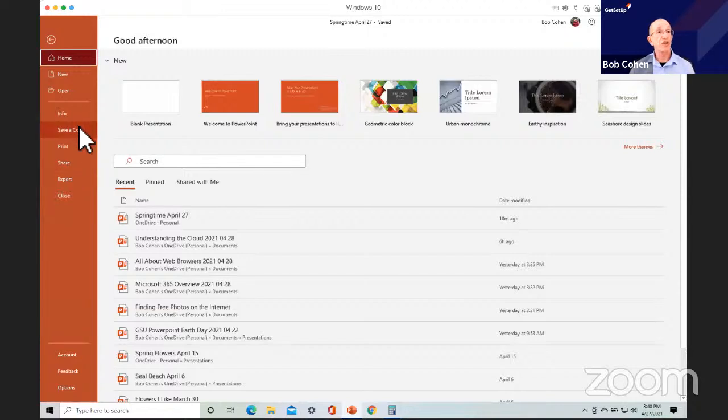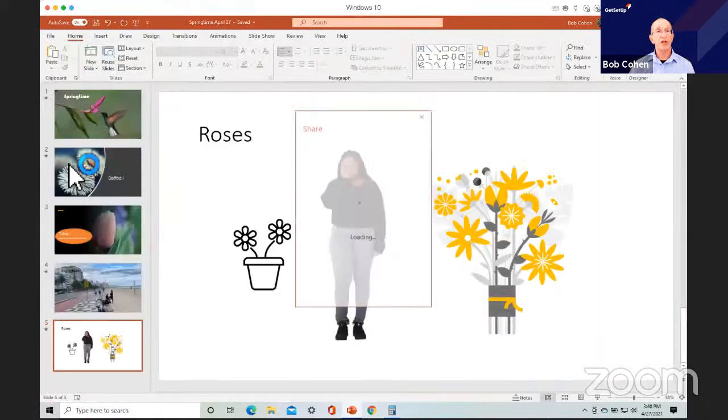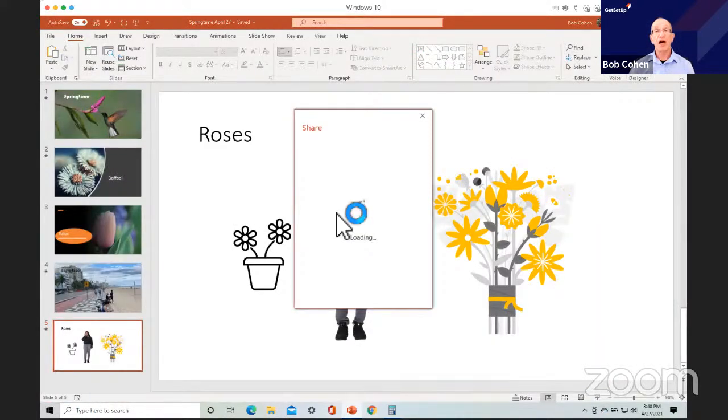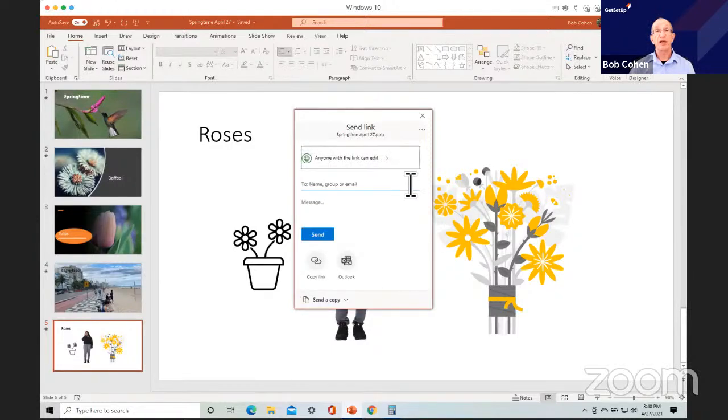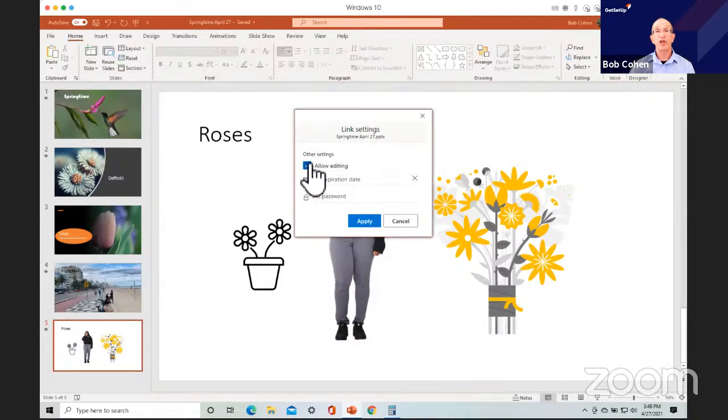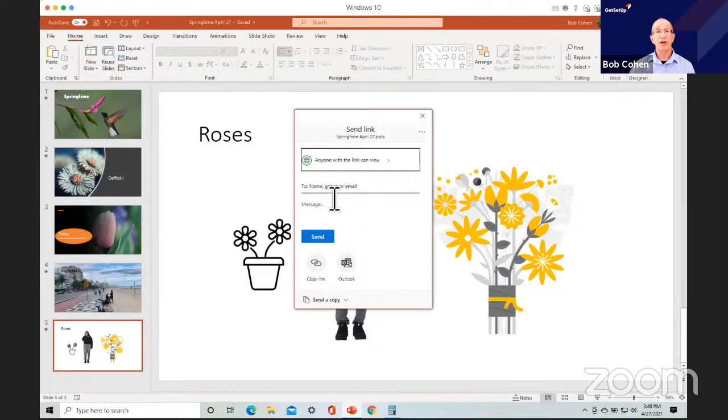Okay, it's automatically saving, so I can save a copy. I can share it with people because I'm saving it in OneDrive. OneDrive gives me the ability to click on share, and I can send people a link, and I can control whether I want to allow them to edit it or just view it. So if I just want them to view it, I unselect editing, and then I can send them a message or copy a link, and this presentation is available. So if I copy the link